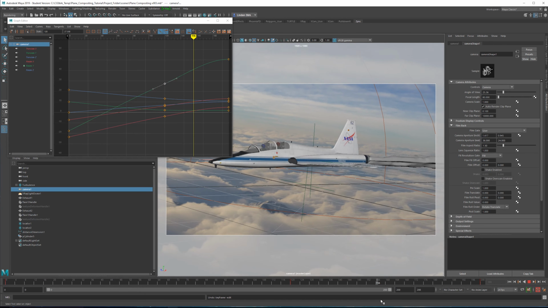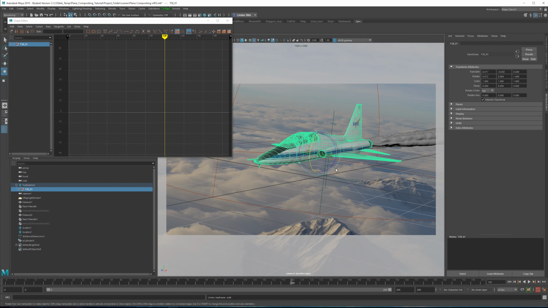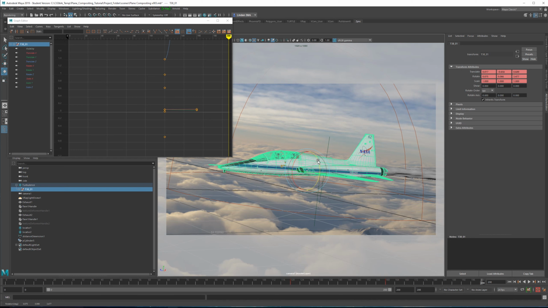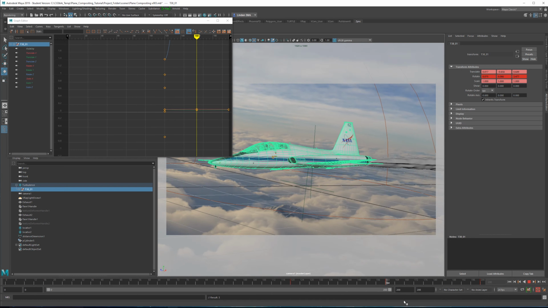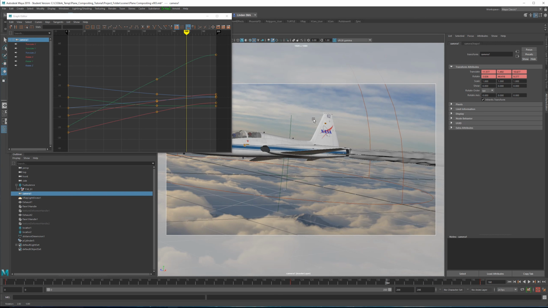I think what I'd like to do though is around frame 160, I'm going to take this plane and maybe at around frame 120, I'll set a keyframe, go to frame 160, and then just pull up the wing, let it bank a little bit. And then by frame 200, it can go back, just so we can maybe see just a little bit underneath the wing. Select the camera again, and at frame 160, I'll just lower the angle just a tad.